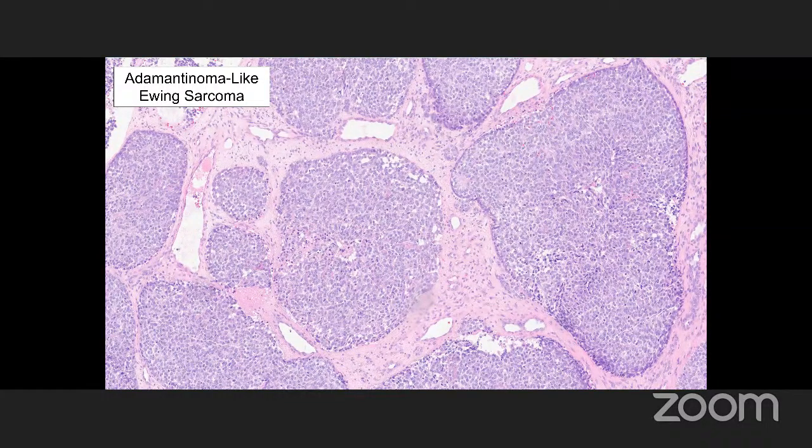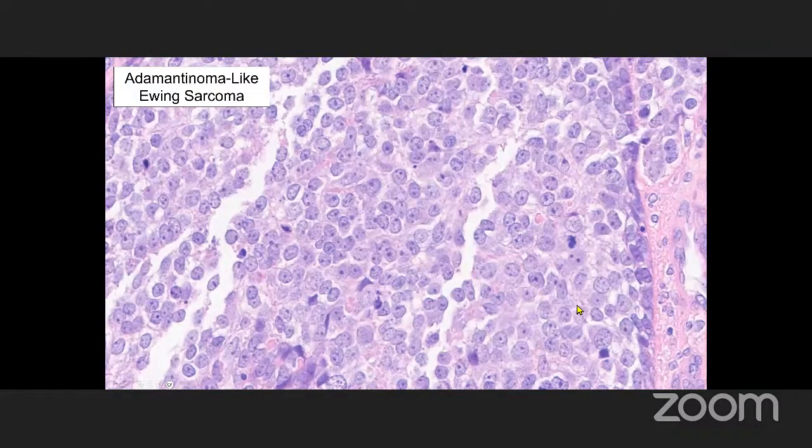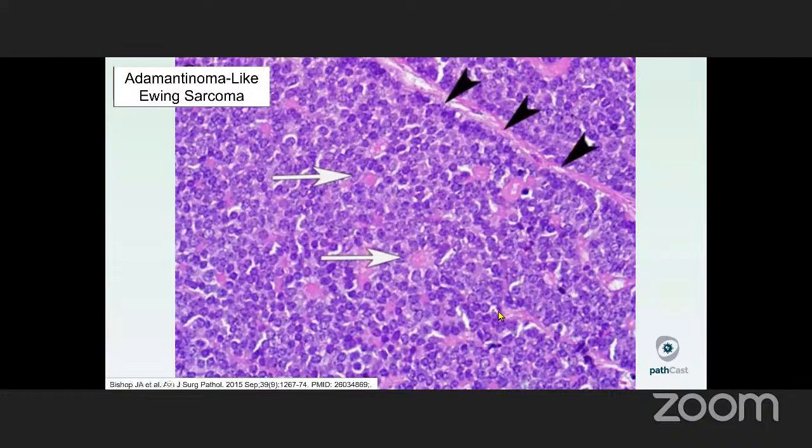Look at these really tight nests, right? Discrete nests. You get this maybe suggestion of a little bit of palisading in there. Nuclei are all about the same size as each other, maybe a rosette-like structure. Okay, again, all the nuclei are very similar, a lot of mitosis, apoptosis, a little bit of a suggestion of palisading. And this is from one of the papers by Justin Bishop, where you can see some palisading,